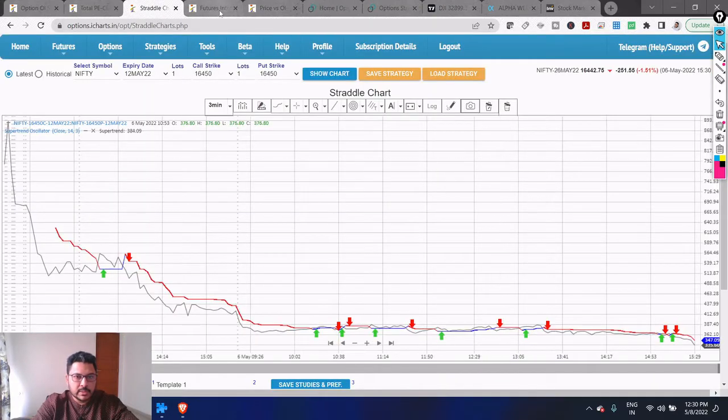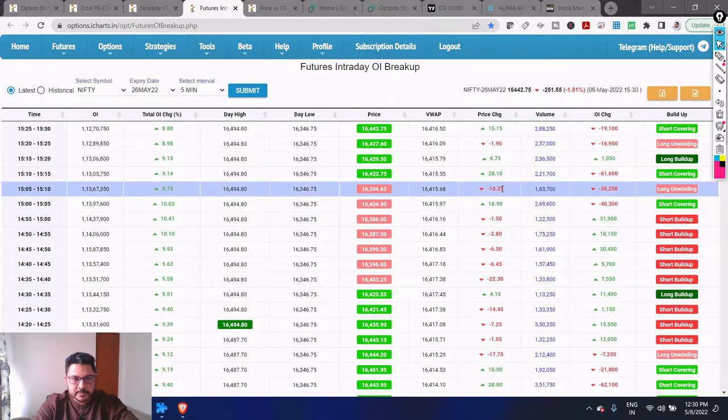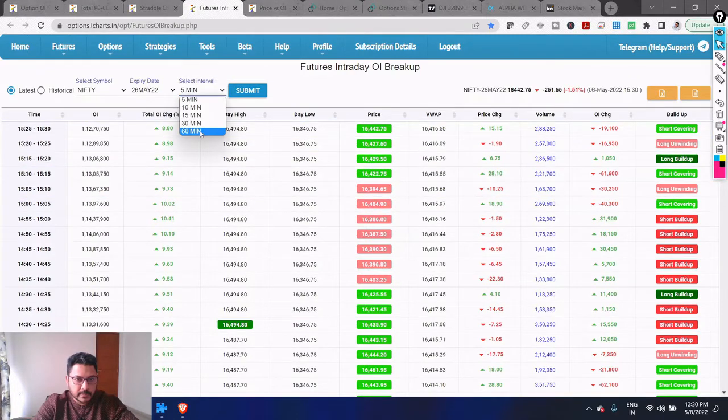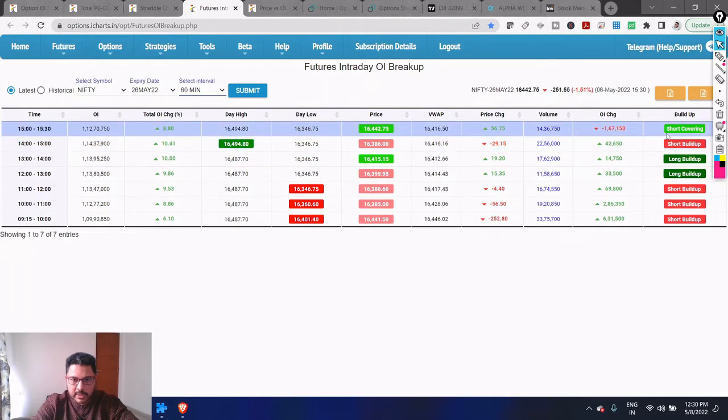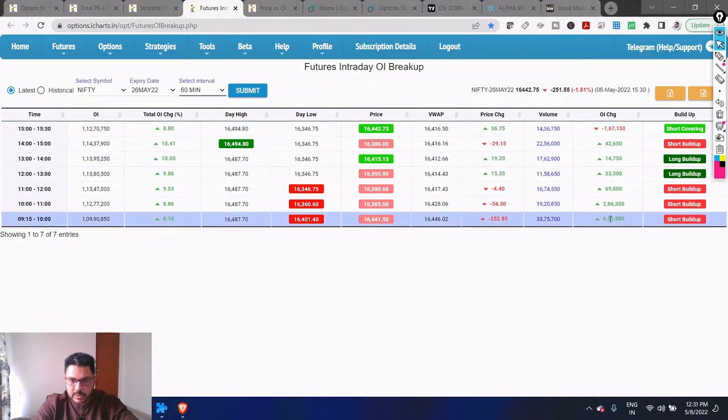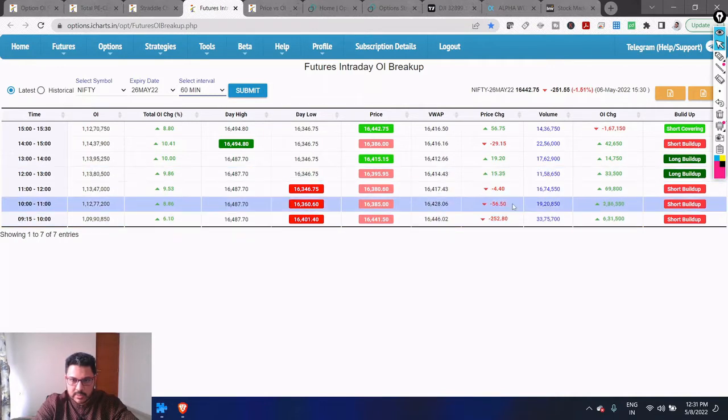Okay, and then let's look at short covering that happened in the last 60 minutes. With 1 lakh OI change, they were able to move the price to 56. Here initially they opened the day with 6 lakhs OI change, and they were able to bring down the price